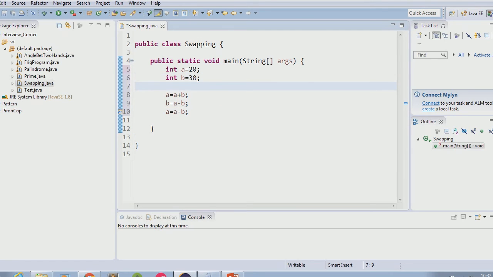Before swapping, I am going to print the values of variables.